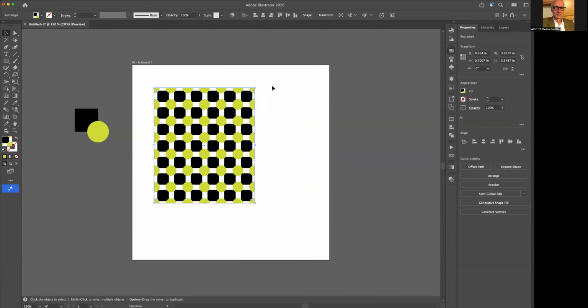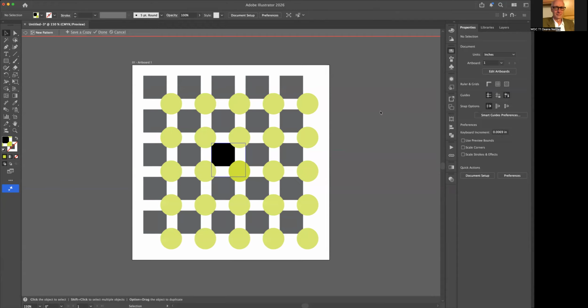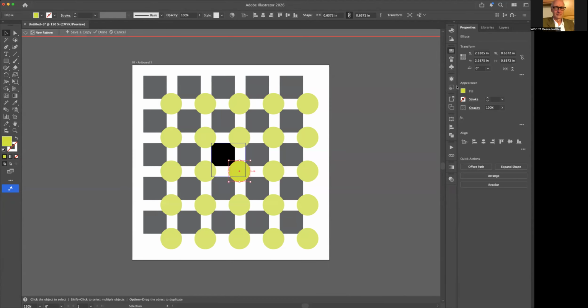Then if I want to edit this pattern that I've made, I can double click here. It reverts to this pattern that I had created. I can change that color, for instance. New color. I'm going to go to magenta,